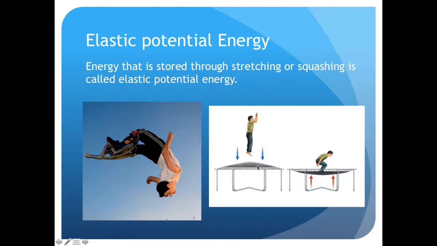Trampoline is the same. So when you're jumping on a trampoline, as you go down, all these springs get stretched. So that's turning into elastic potential energy. When it hits its furthest point, it's got maximum elastic potential energy, and then it springs you back up. And so you'll turn that potential energy into kinetic energy as you fly off.